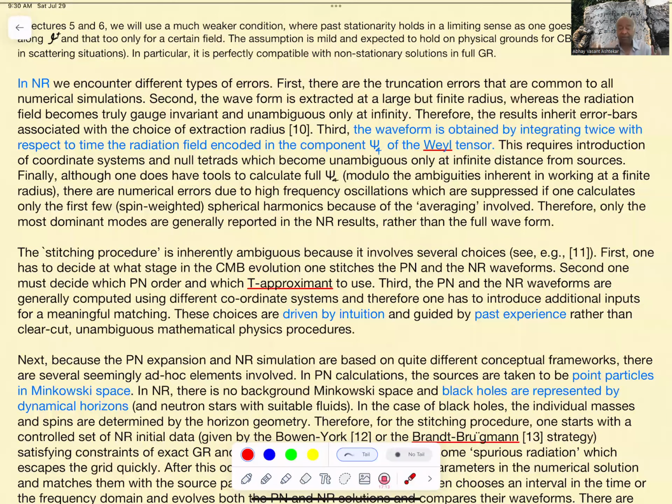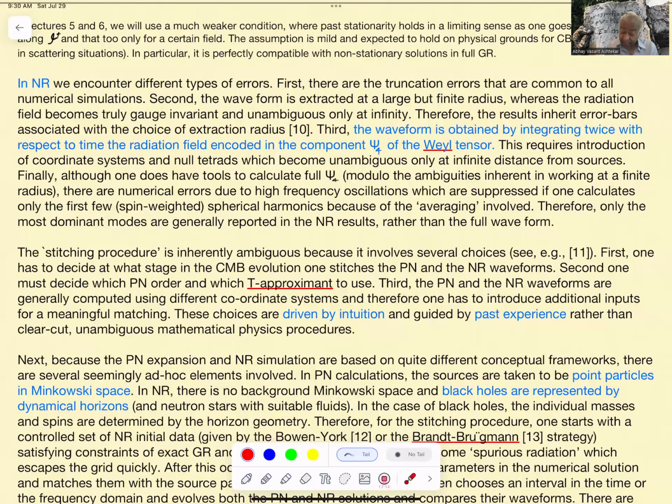So except in the Cauchy characteristic problem that I will mention in a minute, we don't go all the way to infinity, to scri. One just goes on spacelike Cauchy surfaces, and one goes to a very large radius. This is possible with the codes used by the Caltech-Cornell SXS collaboration, the Simulating eXtreme Spacetimes collaboration. But nonetheless, it is extracted at a finite radius, and therefore they inherit error bars associated with the choice of